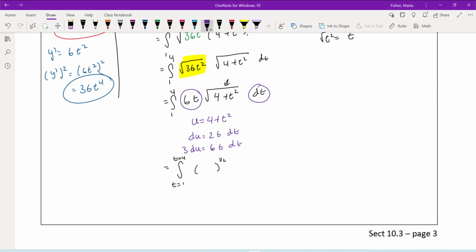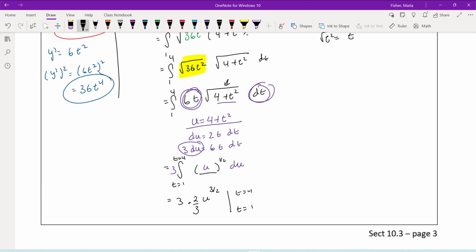That 4 plus t squared is your u, and the 6t dt is your 3 du. Now if we integrate this, I add 1, that becomes to the 3/2 power, and then divide by that number, but since it's a fraction, I'm going to multiply by the reciprocal,